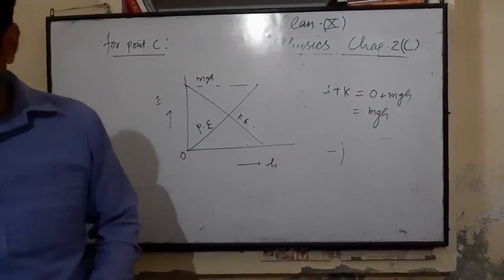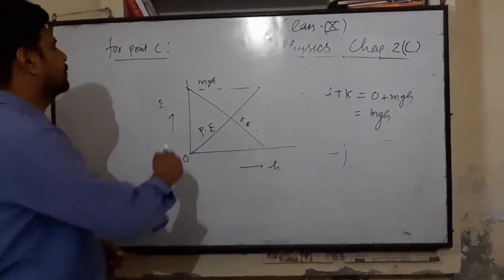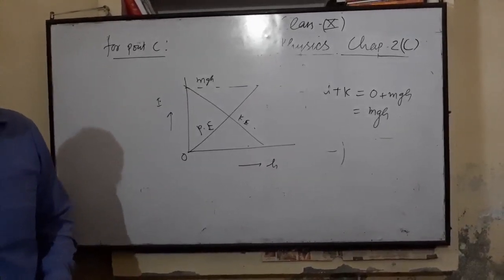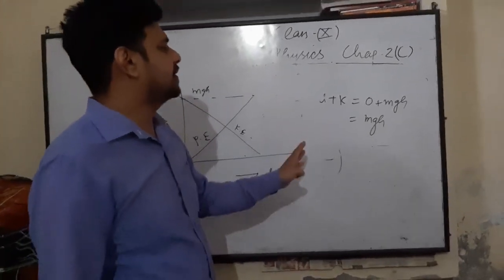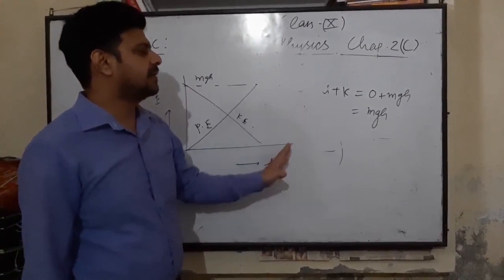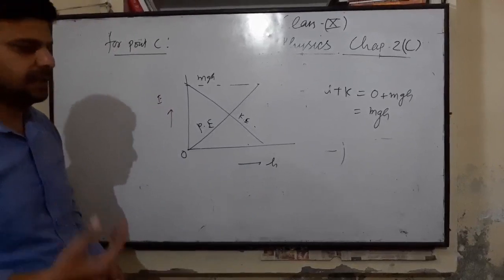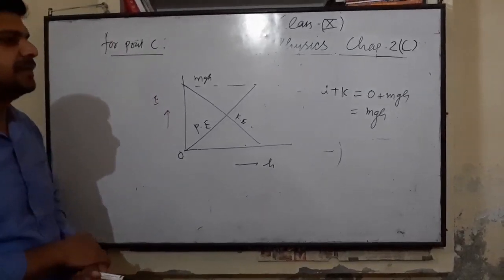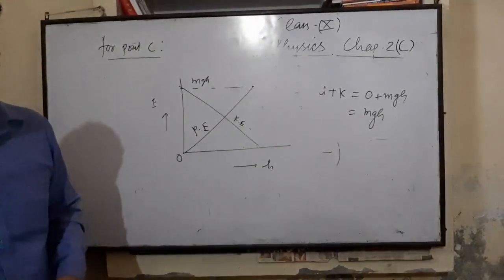You must learn it. For your homework, there is another topic, application of the principle of conservation of energy to a simple pendulum. We have applied conservation of energy in this example, in which we took motion under gravity. Another example you can use to illustrate the conservation of energy is the simple pendulum. You can read it from your textbook. This is your homework.